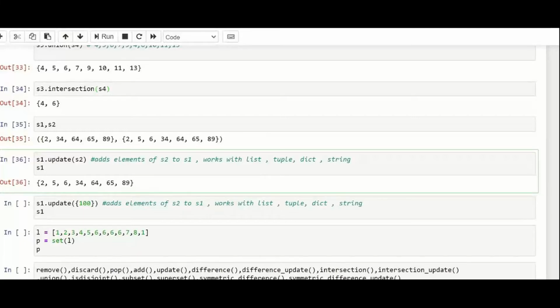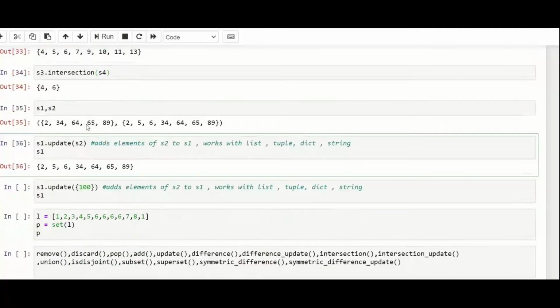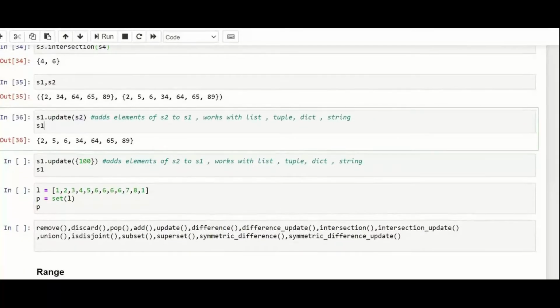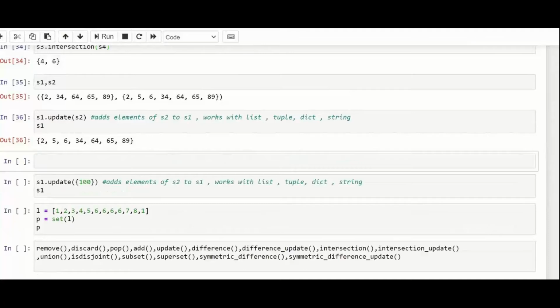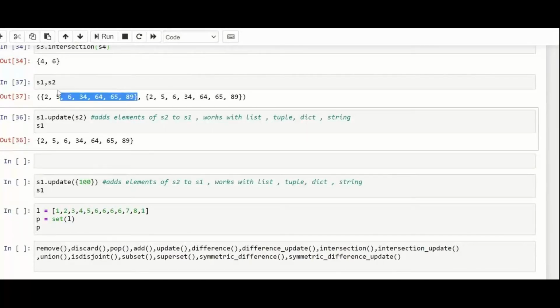You don't have to use intersection_update and all, like you have seen here. You don't have to use the update here. It will simply update the values. It will add these values of the set in S1. Correct. Showing you the values of S1, S2 again. So these are the values of S1 and S2. They are actually the same, because your S1 is basically a master set, or you can say a superset, which it has become.